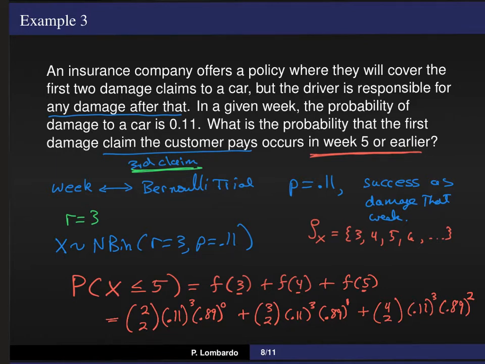Now what I want to point out is that when you're doing these summations for your PMF values, there are certain things that you'll always be able to pull out to the front. Essentially, this probability of success raised to the r power, you can always pull out to the front. And then you can work with what's left over, which will be essentially a binomial coefficient, a choose, combined with some power of 0.89. Okay, so if we were to continue this,